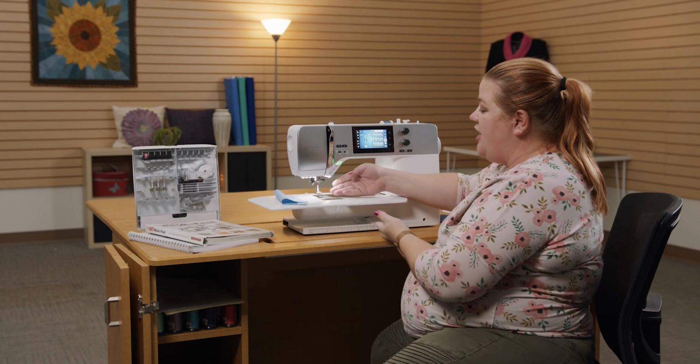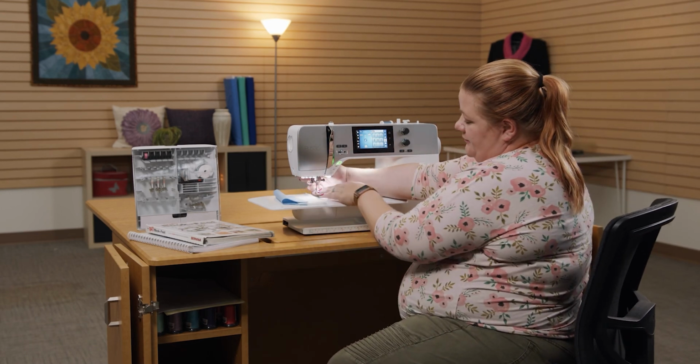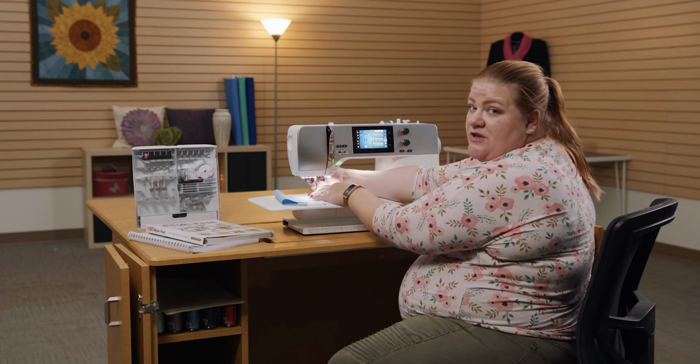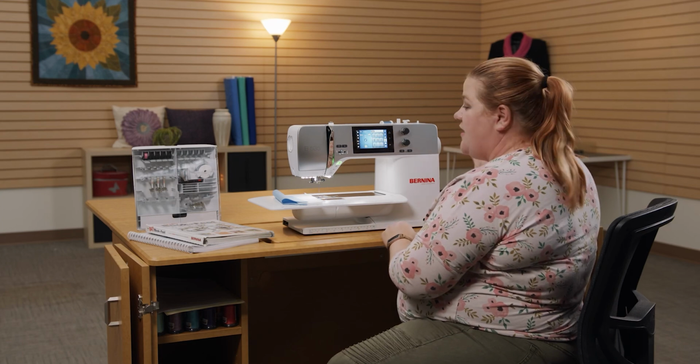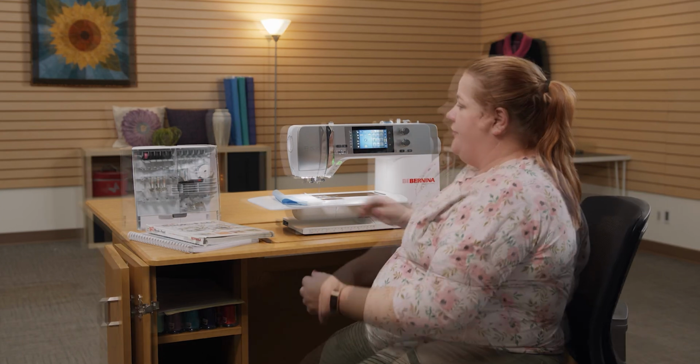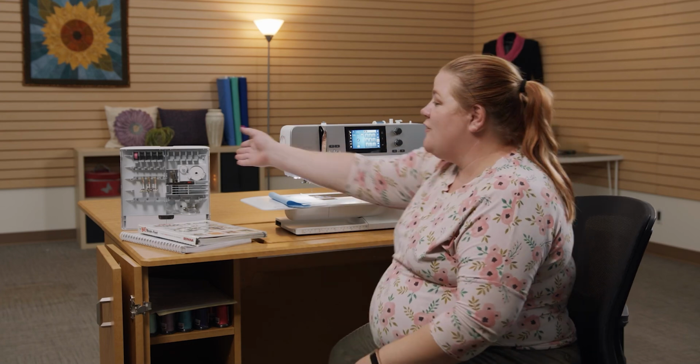So from here, you can see this is not a buttonhole foot. I'm going to take this off by just sliding the switch back, pulling the foot down, and removing it and setting it off to the side. So I'm going to take my foot off, leave it to the side, grab my buttonhole foot, which brings me